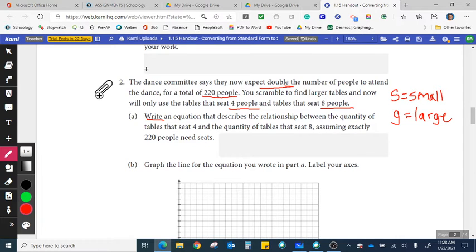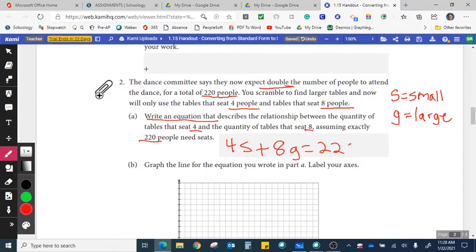Write an equation that describes it. Before, I think it was 2 and 4. Now we have 4S plus 8G